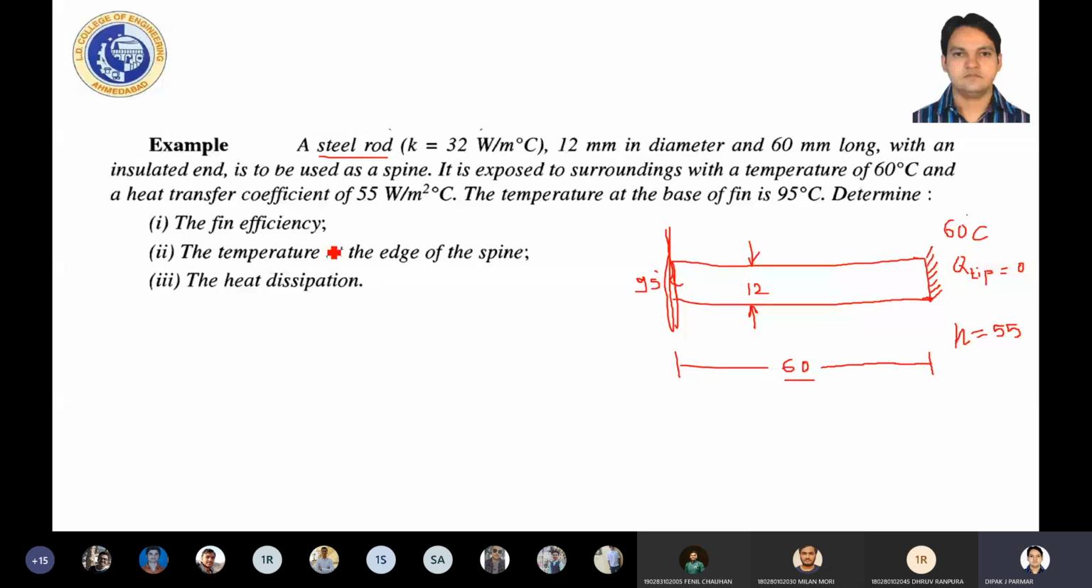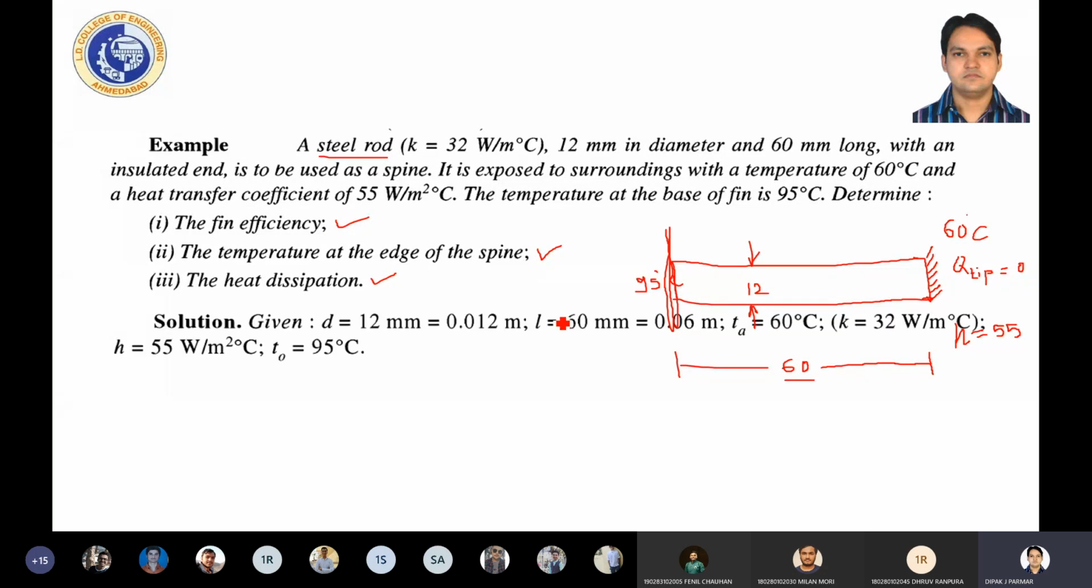Determine, first, the fin efficiency; second, the temperature at the edge of the spine; and third, the heat dissipation. So three things we have to calculate: efficiency, temperature, and heat dissipation. Okay, so according to the data given,